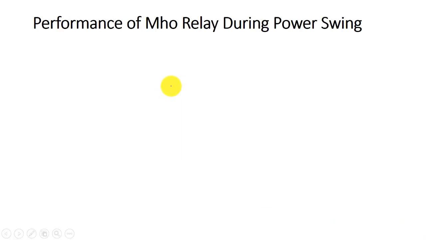So now let us see the performance of Mho relay during power swing. Already we have seen the power swing performance in case of impedance relay and the reactance relay. In case of impedance relay, if your power swing is very high, then it comes inside the characteristic, and if it is in fact low, it remains outside the trip region, that is in the restraining region. But in case of reactance relay, whatever may be the power swing, even a little power swing, it will maloperate the relay,